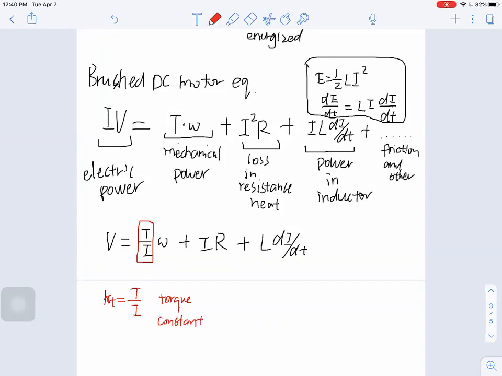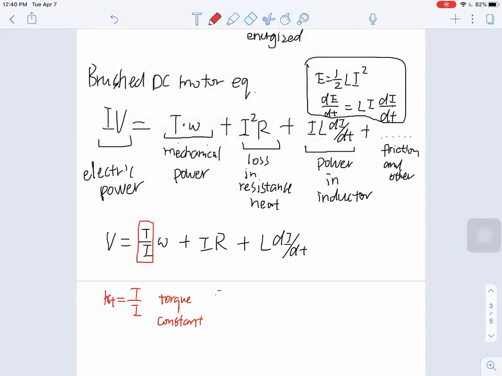So that's a constant you will see from the data sheet of a given DC motor. If, in the future, you see a torque constant given a certain value, for example 300, you will know that 300 equals the torque divided by current. And the unit of that torque constant goes,